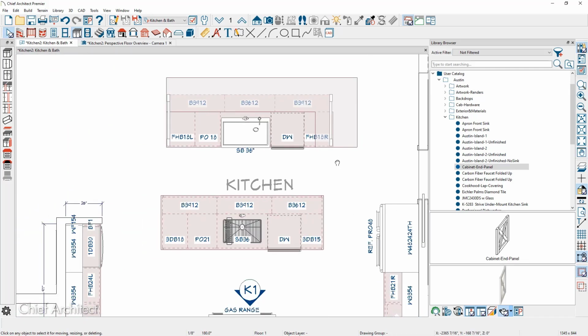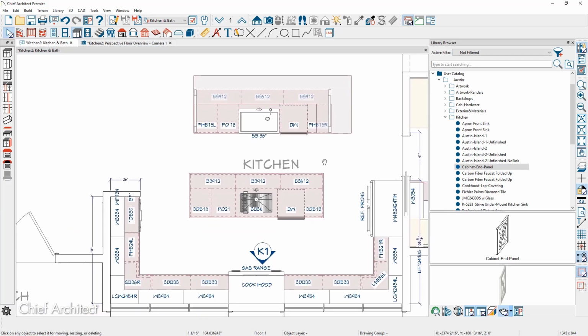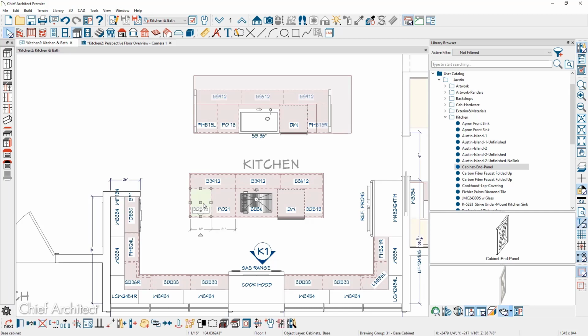Now, next thing I'm going to do is create the floor plan dimensions and exactly position the islands. Previously I used the temporary dimension. Click on the object. You can get the temporary dimensions and use that in positioning it, but I want to make sure that the dimensions are placed on the floor plan so that they can be used for the installation drawings. And when I draw my dimensions out, I want to make sure that I do as little editing as possible. And I want to change my dimension defaults